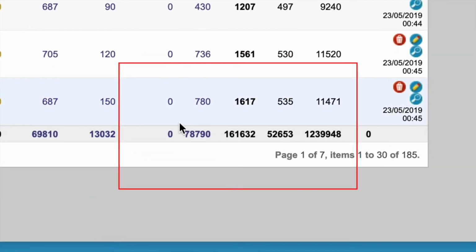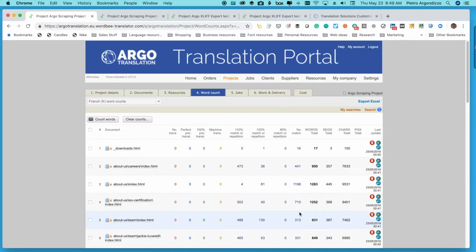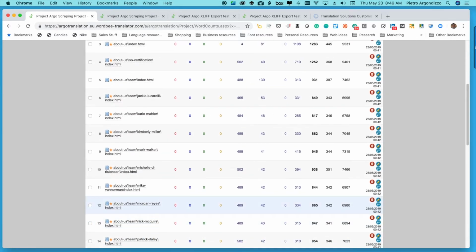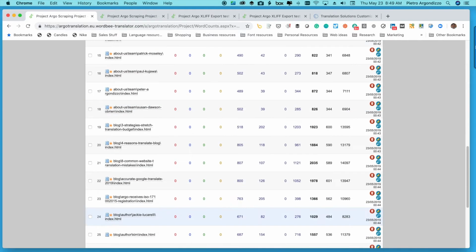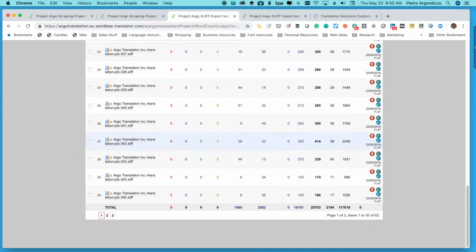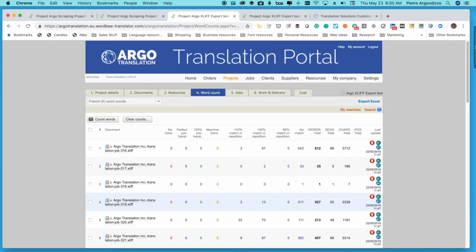Now, mind you, there's about 70-some thousand repetitions, but it brings the total down to 78,000 words of no match. But that's still a ridiculous difference. We're going from 78,000 net words to, on the XLIFF project, 16,000 net words. So there's no way that you can expect to really get an apples to apples comparison.